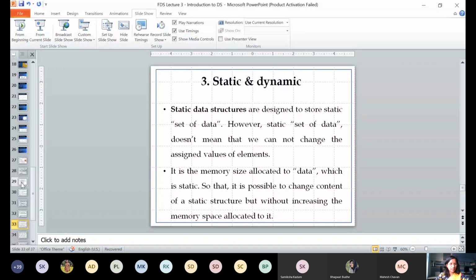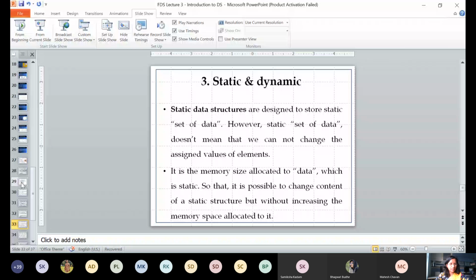Okay, so what is a better approach? The better approach is, when I write the program, I will ask the user how many students are there in the class. So when I say 75, I will read this value at runtime and I will allocate only 75 memory locations for storing the data. So there is no wastage of memory, as we are asking the user prior to the memory allocation. So at runtime, we ask the user first how many memory locations are to be allocated, and then we allocate those many memory locations. So there is no wastage of memory when we go for dynamic memory allocation.